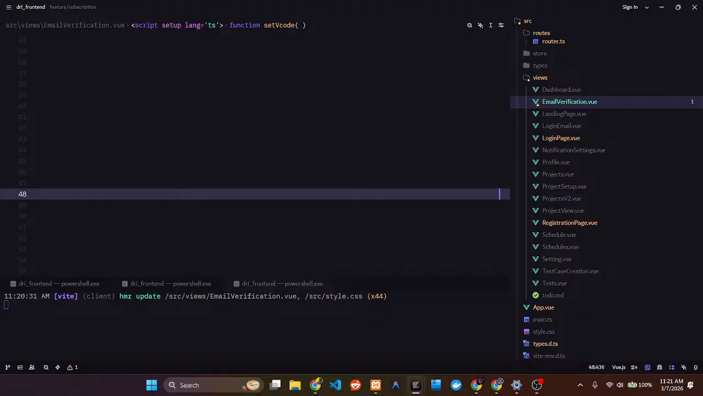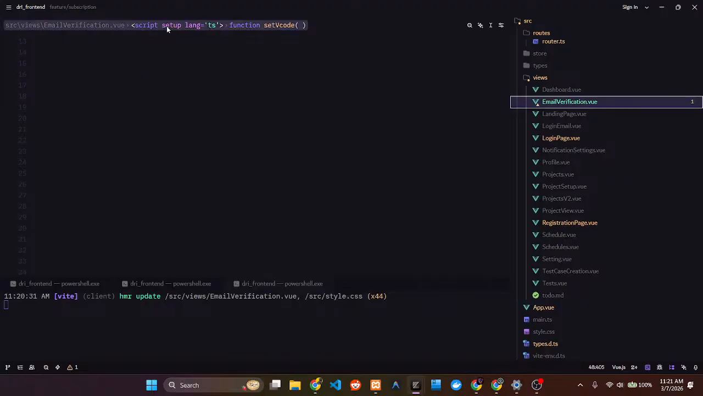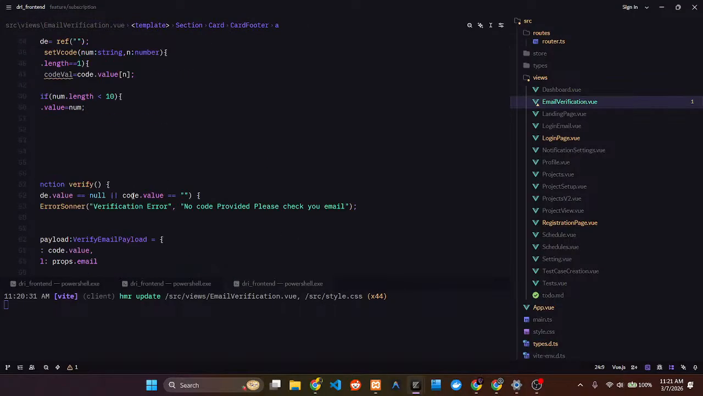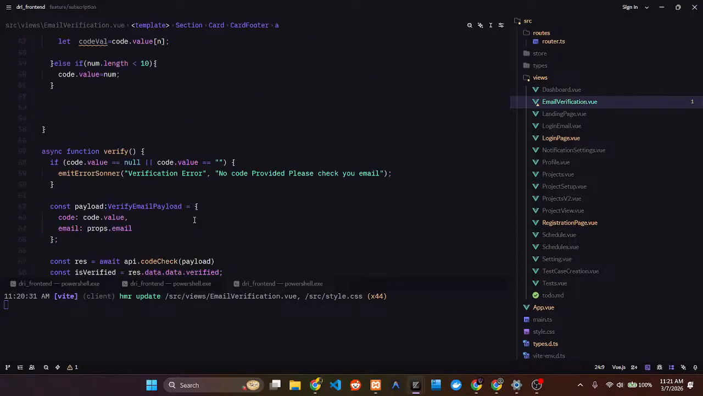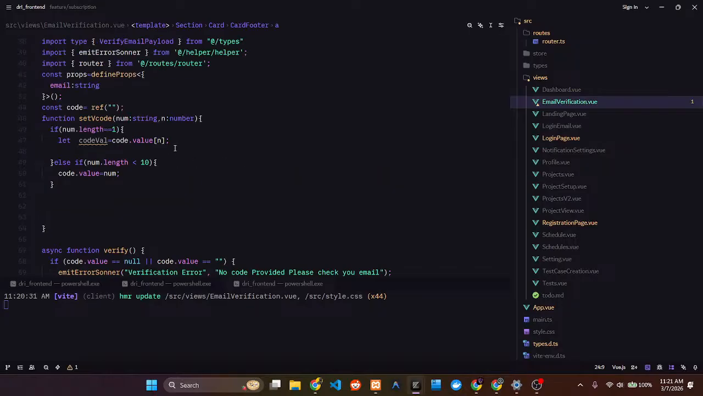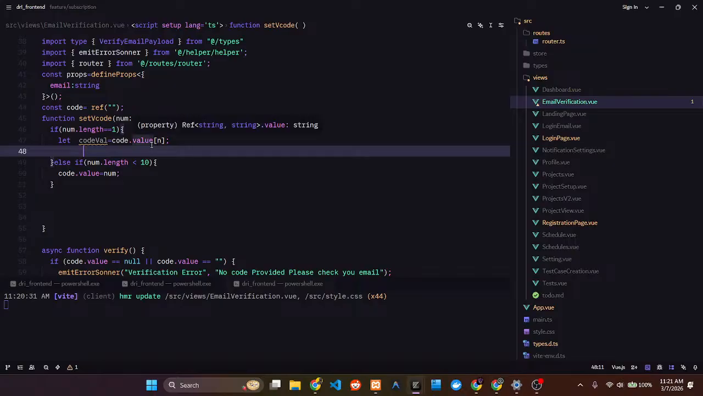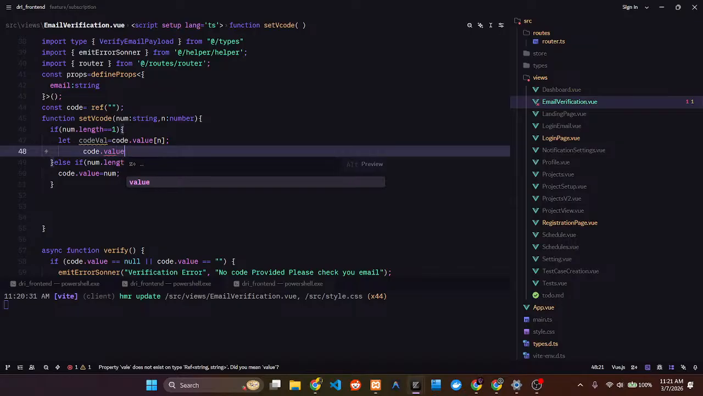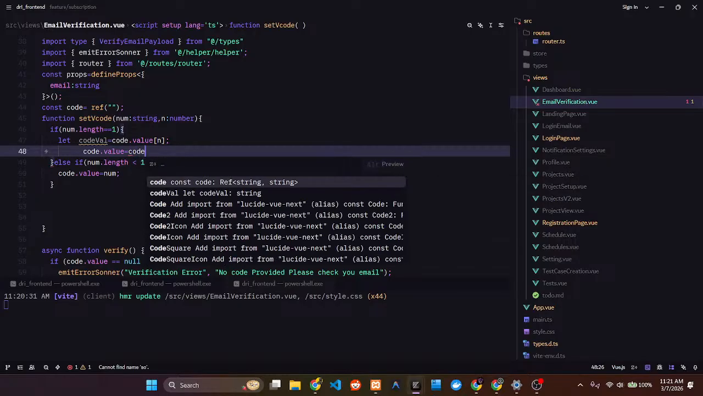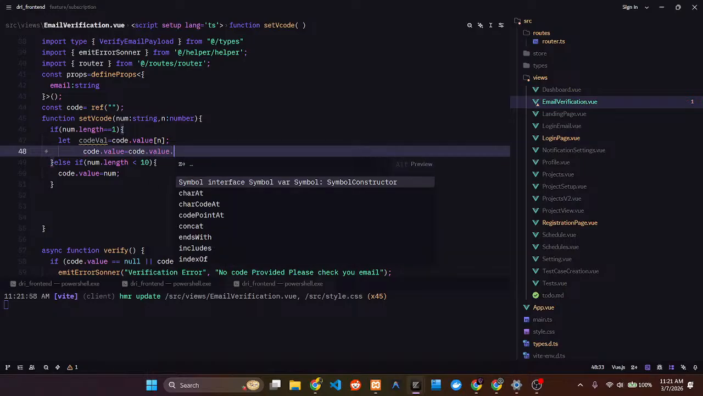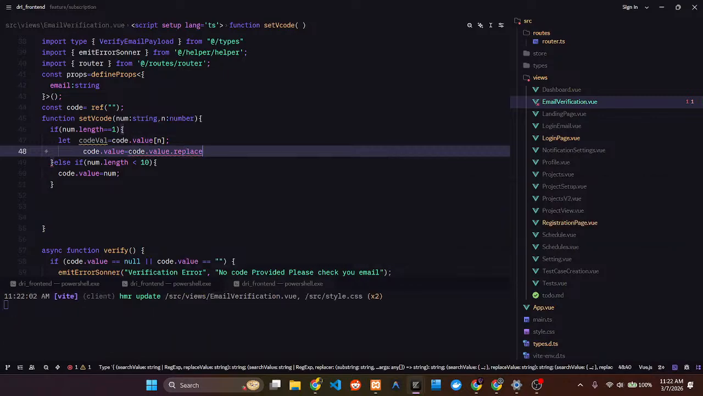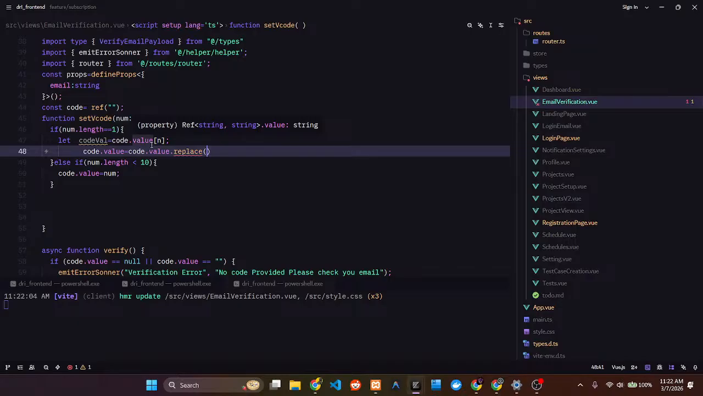What's that? Where's the code? Yeah, so I was doing that, and then I was going to do code.value is equal to code.value.replace. And what we want to replace here is